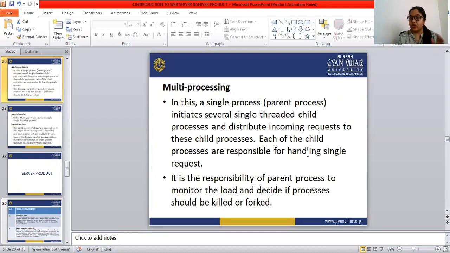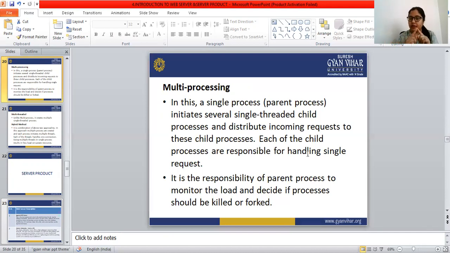So what is the mechanism of multi-processing? There is one single process called the parent process. That parent process creates single-threaded child processes.